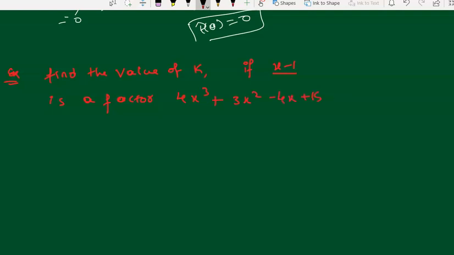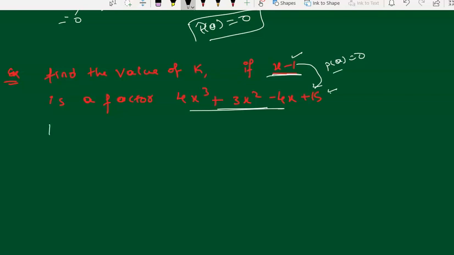It is very simple, guys. He is saying that this is a factor of this. That means when we get p of a equal to 0, then only we can say this is a factor of this, as we saw in the last 3 questions. When a given linear polynomial is a factor of another polynomial, we get a remainder equal to 0. So then p of a is equal to 0, definitely.